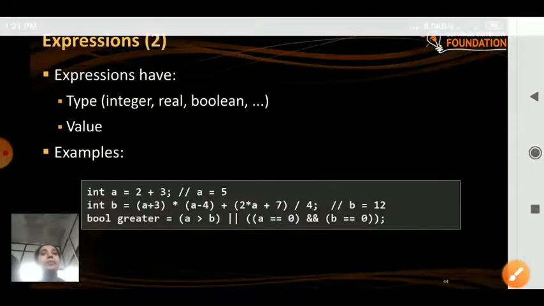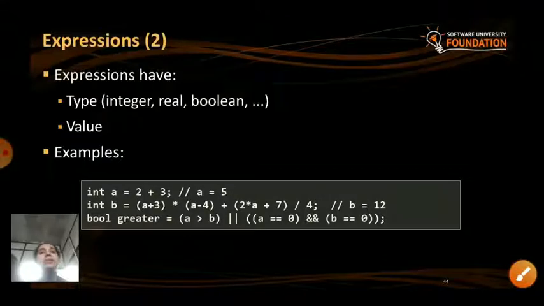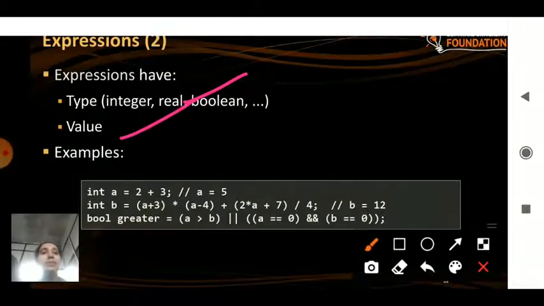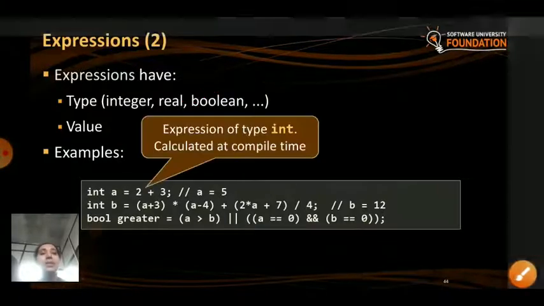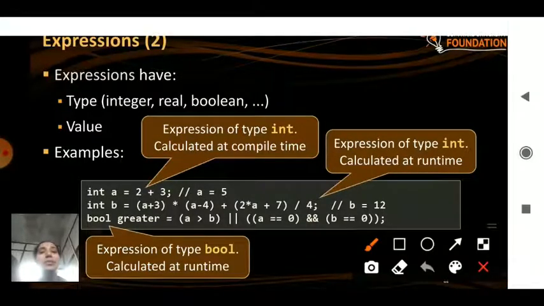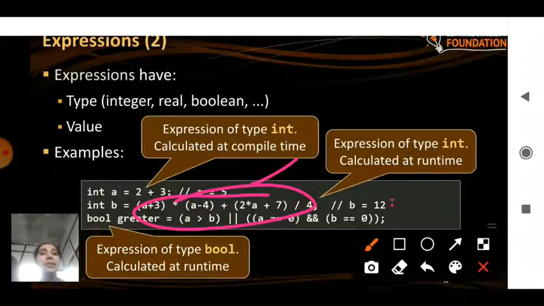Okay. And expressions are of two types. You can see here the first is the type of value, which is integer, real or boolean, a value type. An example is being considered here. In int a is equal to 2 plus 3, it's also an expression where the a value comes as 5. Next, in another one, b is equal to a plus 3 multiplied by a. When all these expressions are calculated, you have b is equal to 12. So when b is being calculated, the a value of the previous one is considered here.